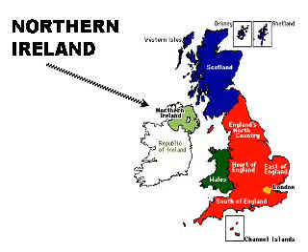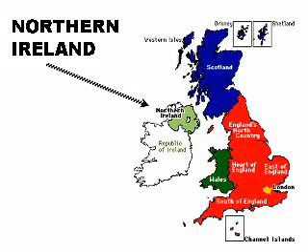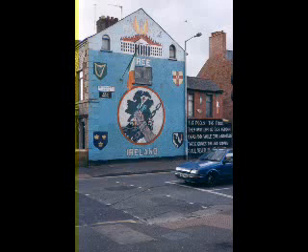Flag H is the current state flag of the Republic of Ireland, or ERA. Why is Ireland divided into 2, with the 6 northern counties controlled by the United Kingdom, and the southern portion being the independent state known as the Republic of Ireland? Well, let's just say that Ireland is primarily Catholic and Republican, which means that they wanted to be their own country, and Northern Ireland is split between people, some of whom are Republicans and want to be part of Ireland, the independent country, and are predominantly Catholic, and those who want to remain part of the UK, who are called Loyalists.